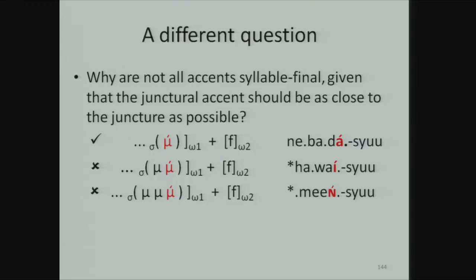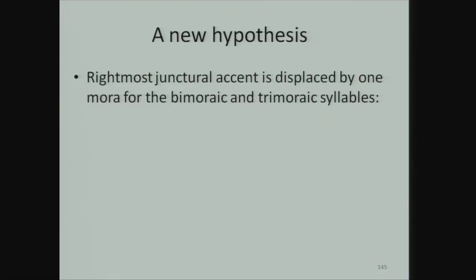We want to ask a different question, which is, why are not all accents syllable final, given that the junctural accent should be as close to the juncture as possible? Shouldn't it all just go to the end? Which then asks the question, for both the heavy syllable and the super heavy syllable, it is actually displaced by one. So rightmost junctural accent is displaced by one mora for the bimoraic and trimoraic syllables